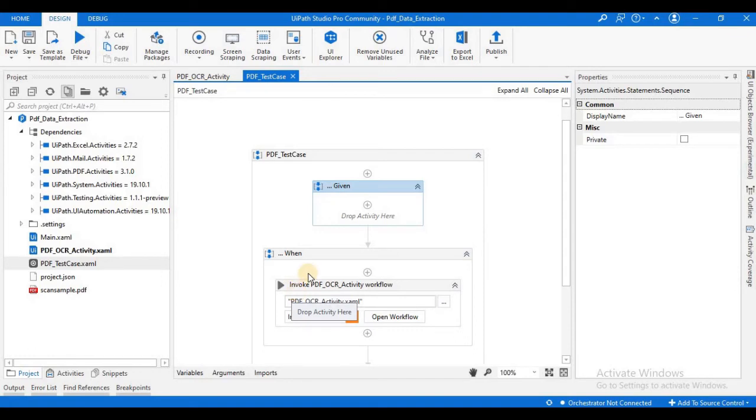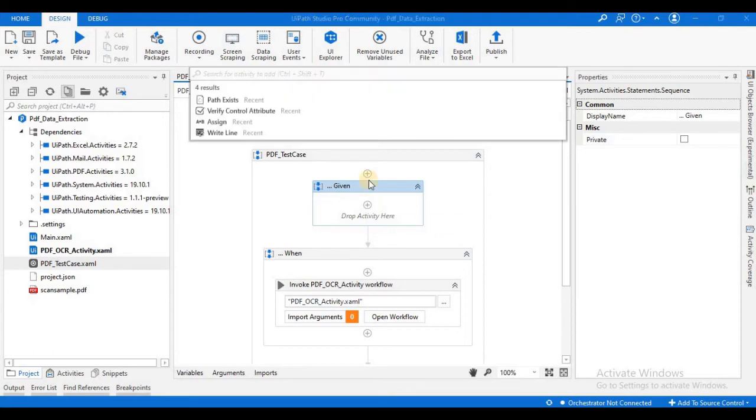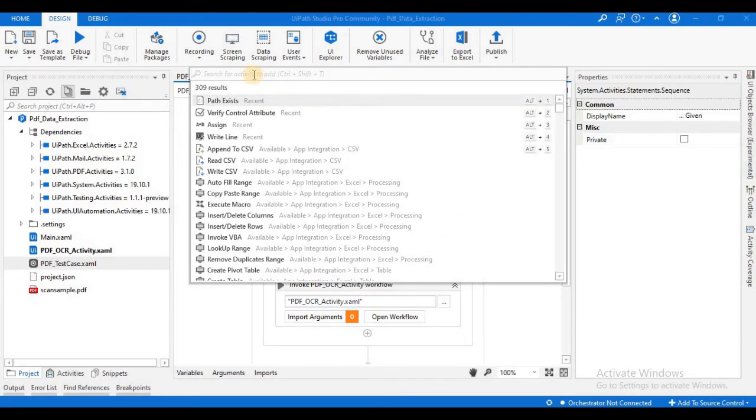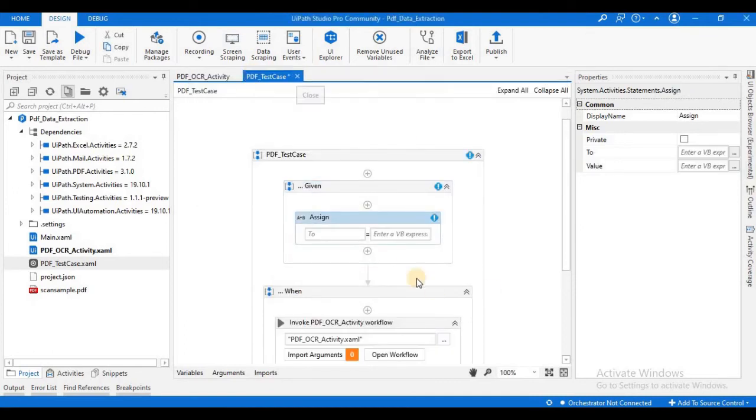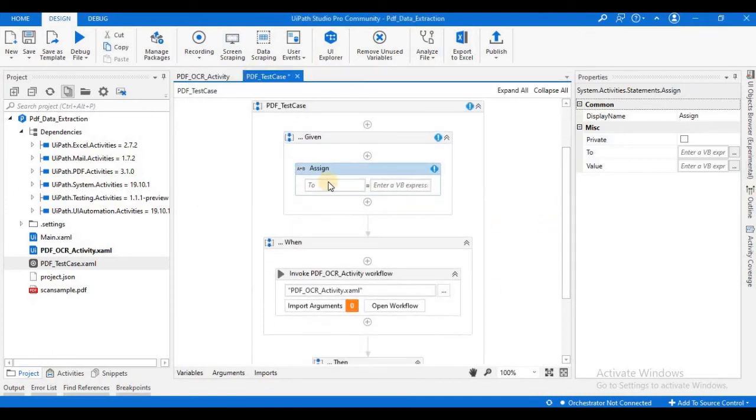Okay, so in the Given section I will create one Assign activity. Okay, you can search for it like this. In this I will create one variable like file_path.